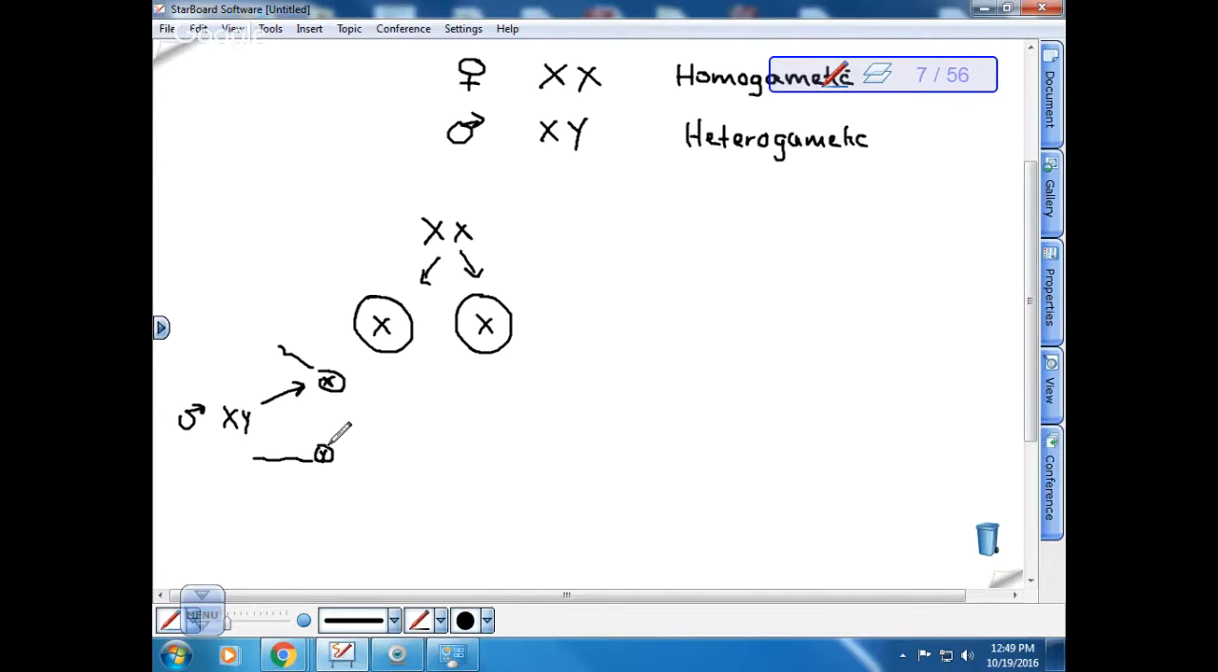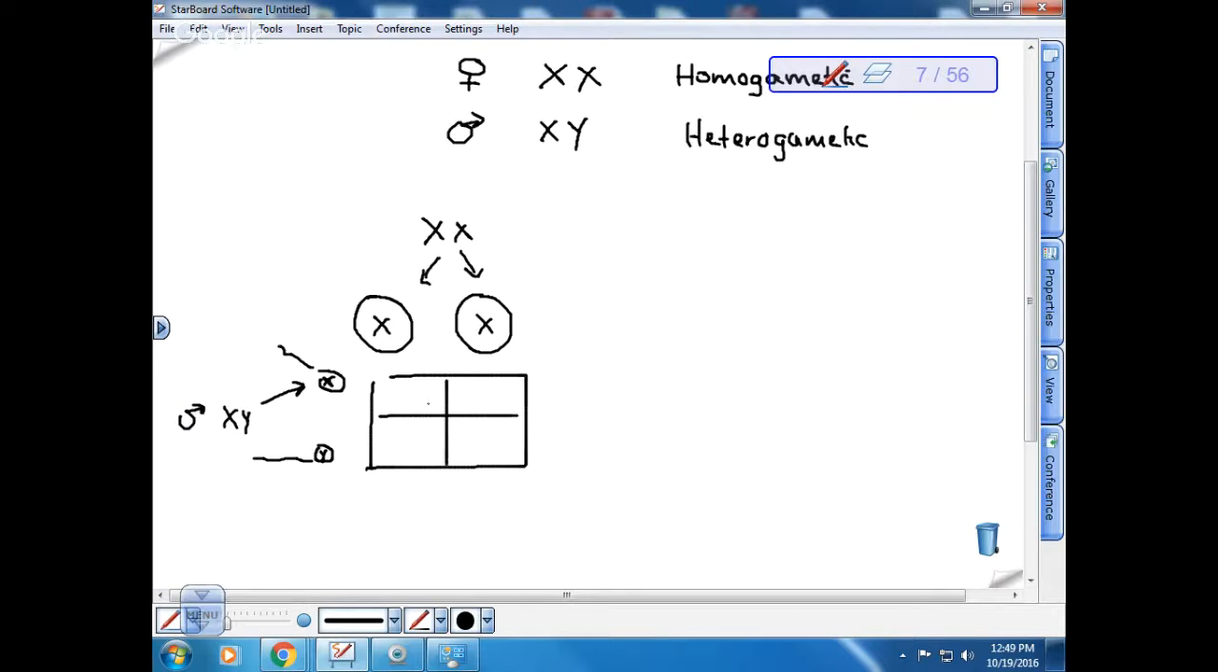Right? And so this is what they mean when they say that the males are what determine the sex, because it's the sex chromosome in the sperm that determines whether the baby is going to be male or female. So on average, if we did like a little combination here,